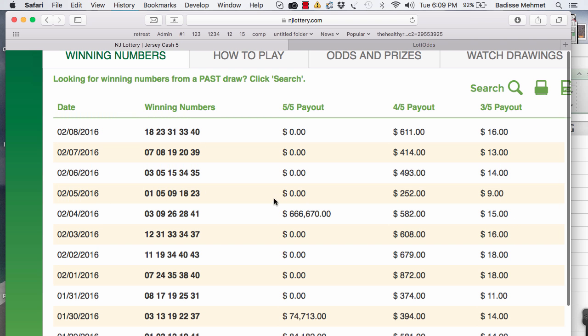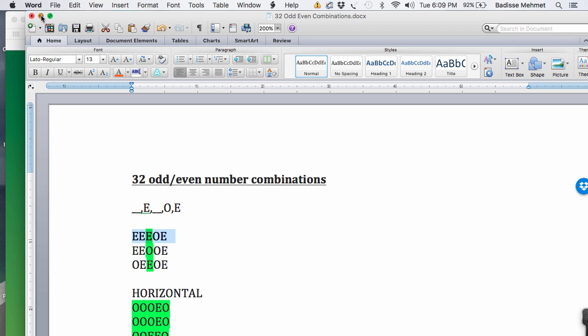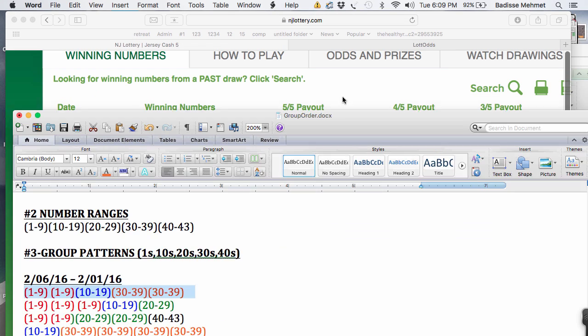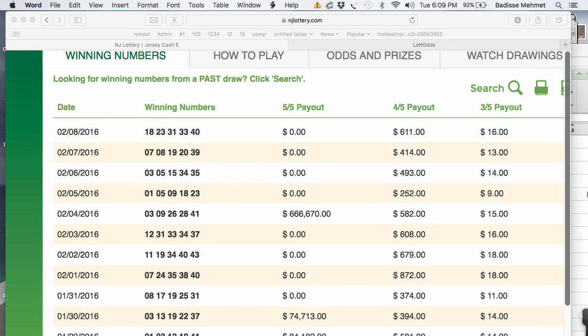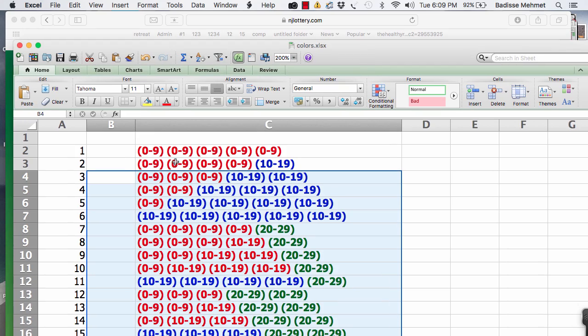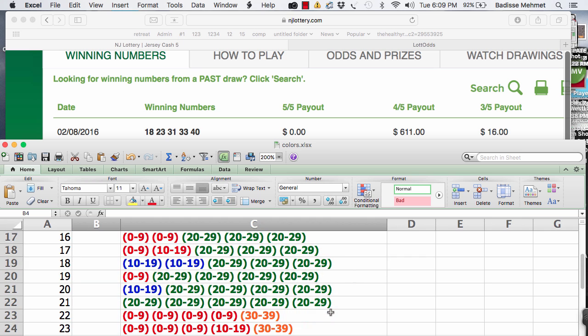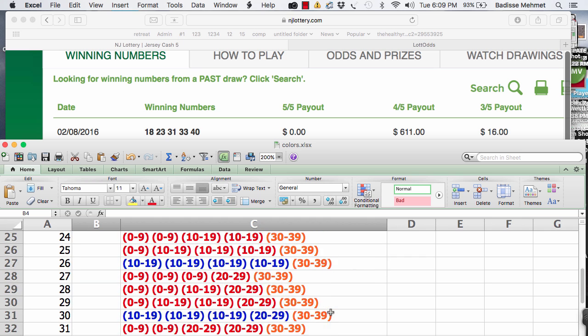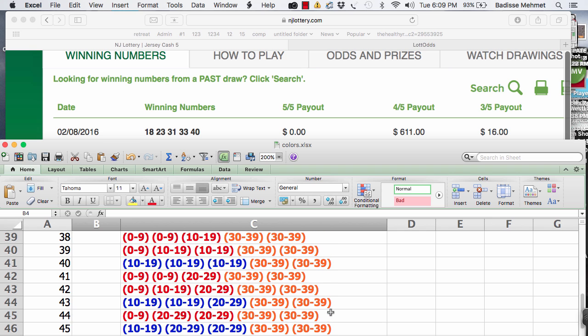So I could have taken my odd even prediction, whatever it was, and punched it into the group pattern, whatever it is. Let me pull that up again. Here it is. So for example, if I thought the next group pattern was, let me give you a reasonable example. A reasonable example would be something like,